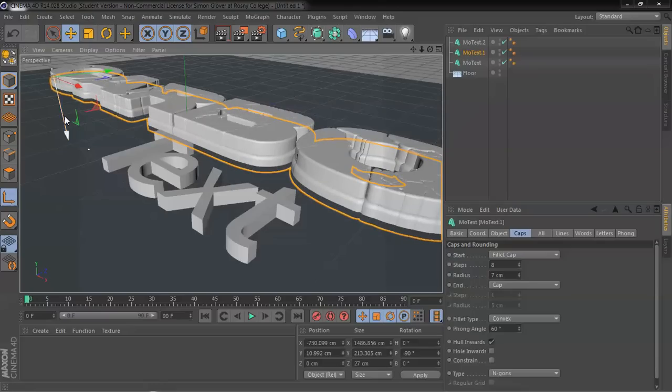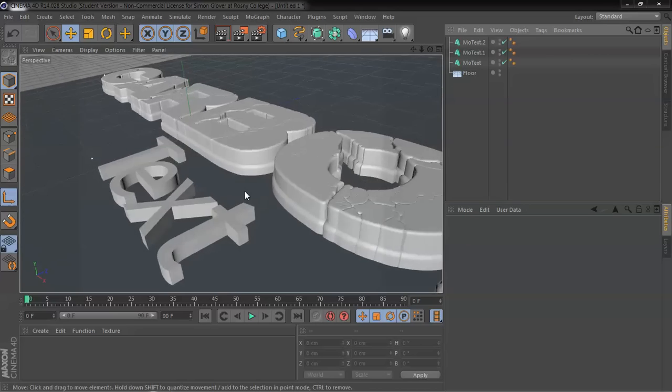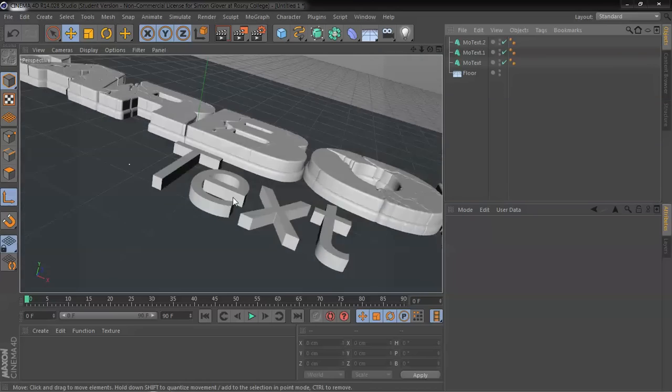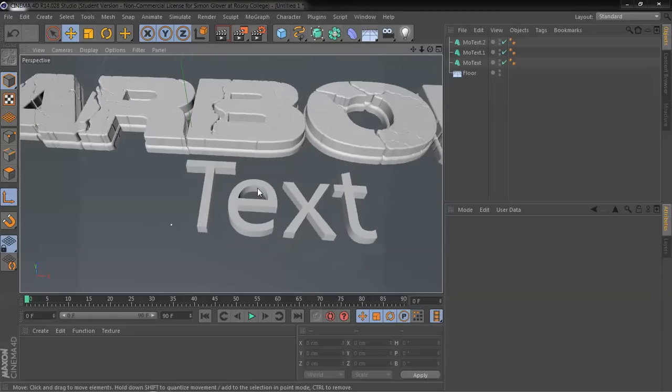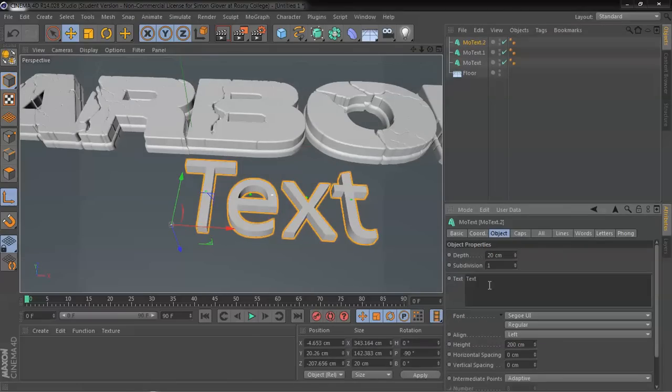So put that one down a bit, just because the green glow layer on there, we don't want it to be huge, we just want it to be a subtle sort of thing. Anyway, back to this MoText here. There we are. No, it won't click on it. There we are. Alright. I'm going to change the text to